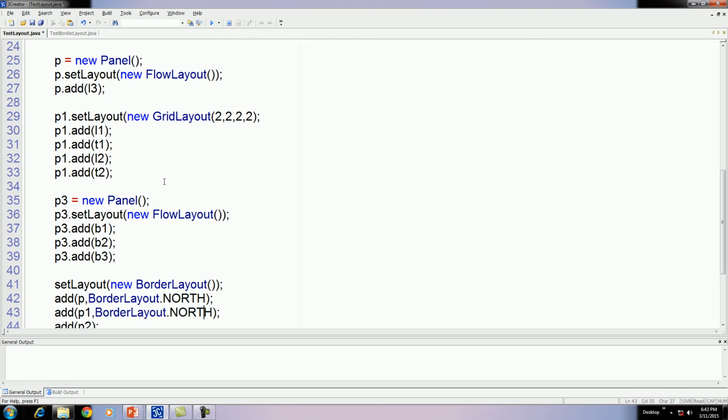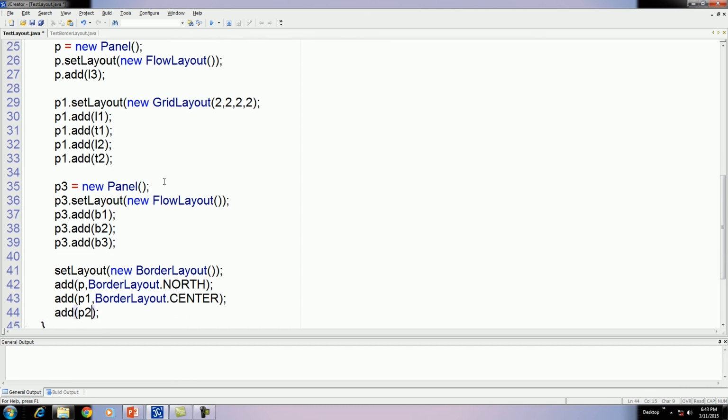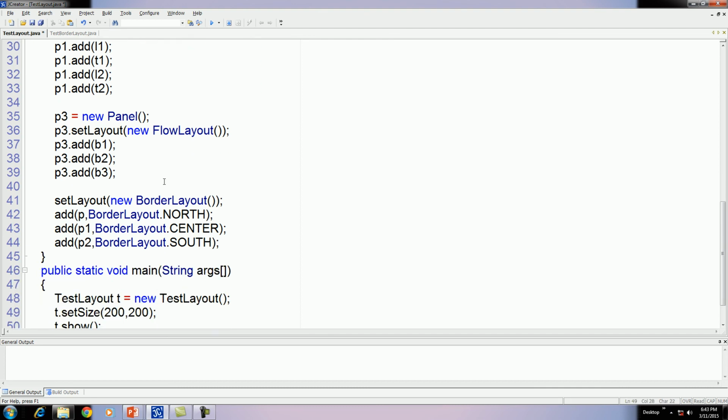Set it to the center, and the last one to the south side, that is bottom. Okay, let us increase some size.